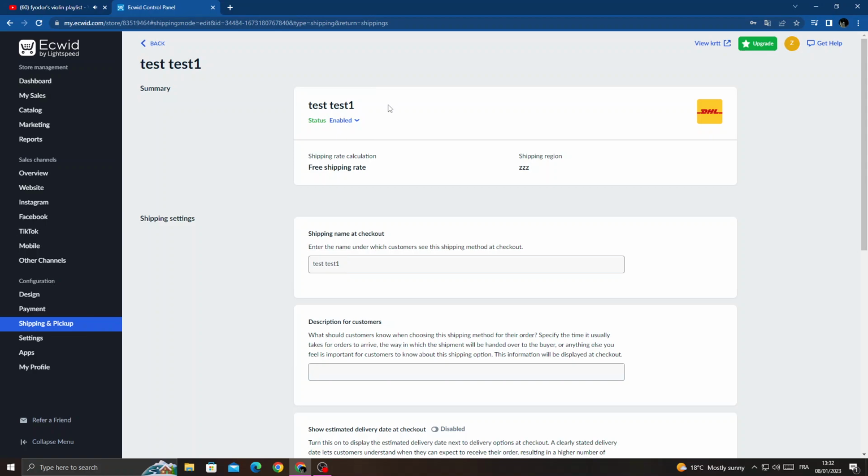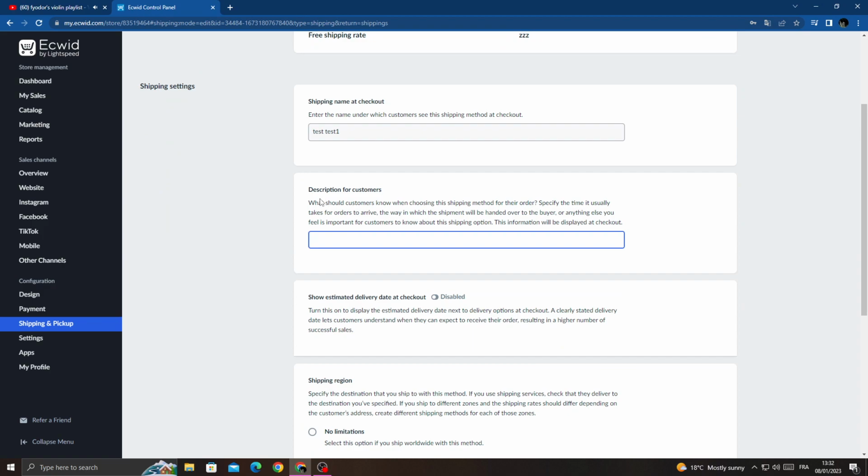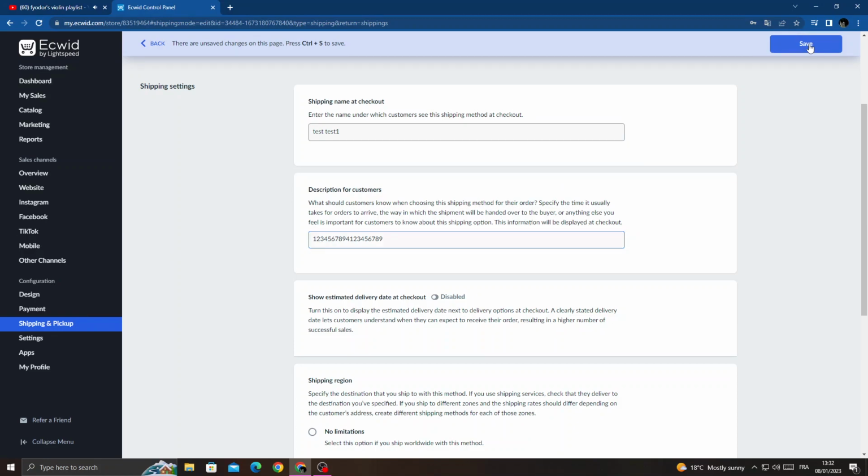And as you see here, we'll find shipping settings, and scroll down. Here we'll find description for customers. Now just type anything you want here and then click save. It will be saved,